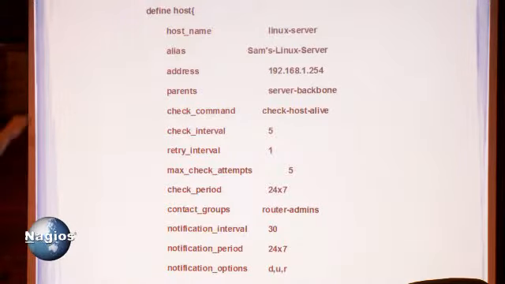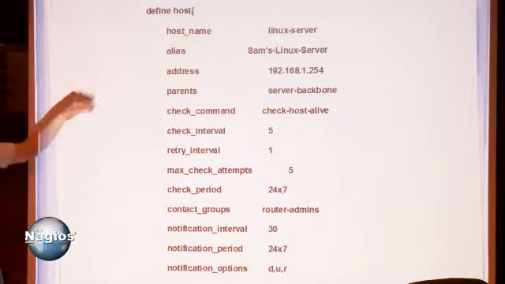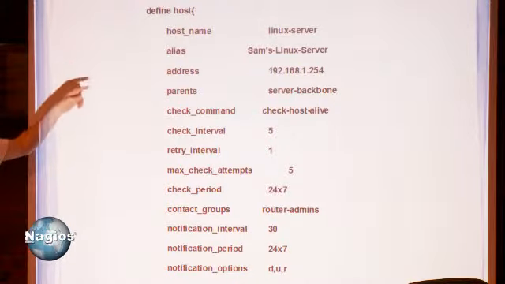This would be, for instance, a host definition here. This is what Nagios reads and determines how your host really connects into your system, what services reside under it, what checks it's running, etc. So we start up here at the top. We have our host name. So in the web interface, it would show up